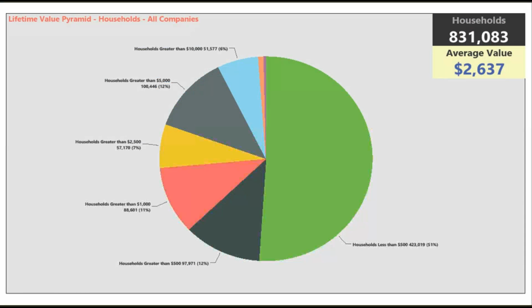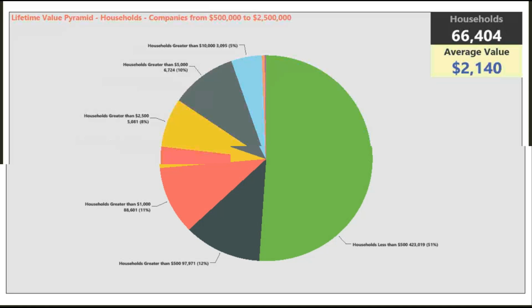The reality is 50% of your customers, actually 51% of your customers, are worth less than $500. That means most houses you go to, it's a failure. In fact, the average value of these homes is $200, which means the average house you go to, you don't actually make any money. You make all your money from the customers over here in the $5,000 to $10,000 range. That's where all the money lies. But the majority of the customers are worth less than $500. And size doesn't matter in this.